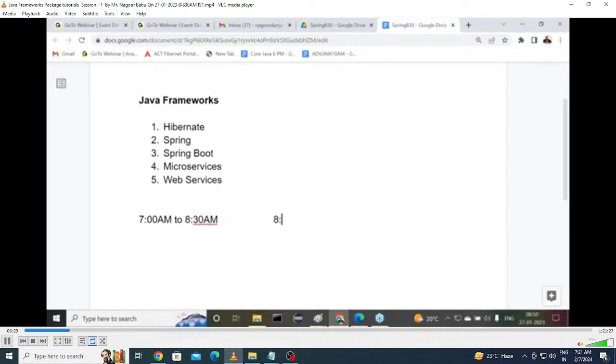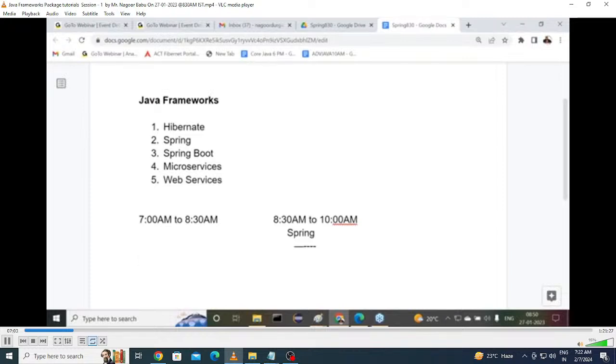Now at present we are taking the class from 8:30 a.m. to 10 a.m. Here we are taking only one time. Let me confirm it. Once I complete it, then I'll move on to our content. So at present, today I'm planning to start the Spring framework. Spring I'm taking now. Okay, fine. Now it's going to be started. The Spring framework is going on like this. I'm going to take the classes continuously about the Spring framework. It's going to be started.